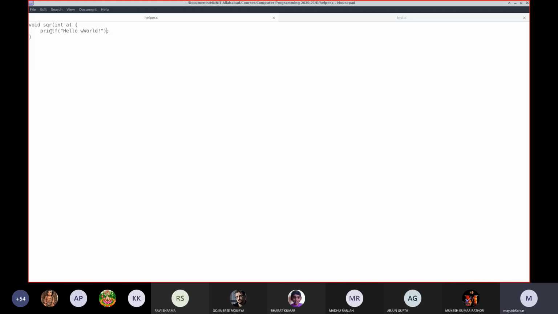It is not returning any data. That does not mean that this function is not returning. Eventually, when sqr(3) is invoked, the control goes here, it prints hello world. Then when the function ends, the control comes back here. Is it clear? Let me write it on this. Suppose let me write some functions. So void f, and suppose I am writing here printf inside the f function.